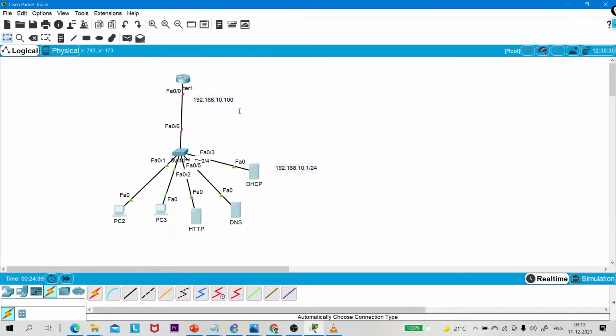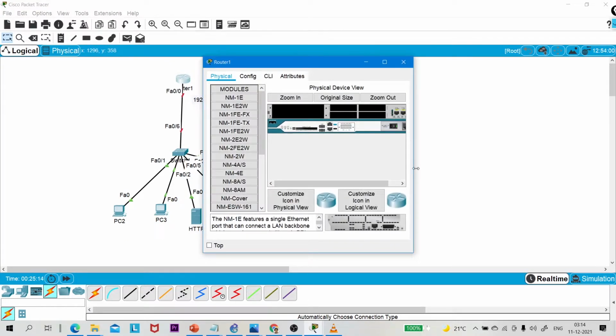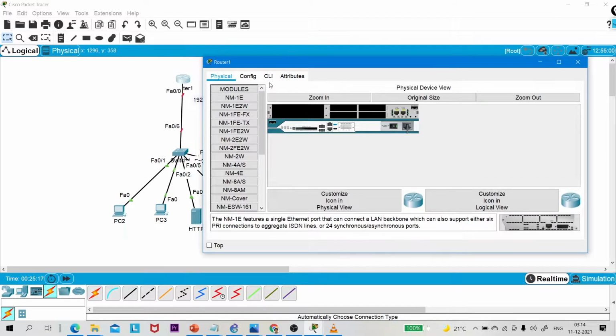So what will be the default gateway for this device? 192.168.10.100, right? So first we need to configure this IP address on the interface of the router, because if a device requests an IP address from the DHCP server, the DHCP server may provide 192.168.10.1 or 2 or 3 or 4, not sure, so we must make sure it does not provide 192.168.10.100. So we need to configure 192.168.10.100 on the interface of the router. So we have to configure this IP address manually, right? So let me configure this IP address on the interface of the router.